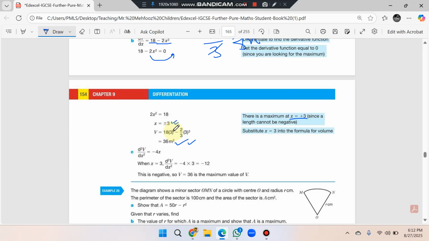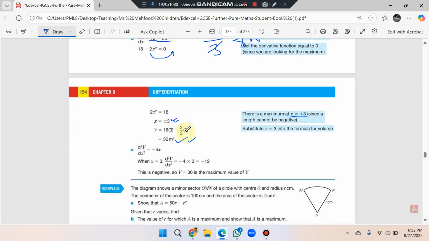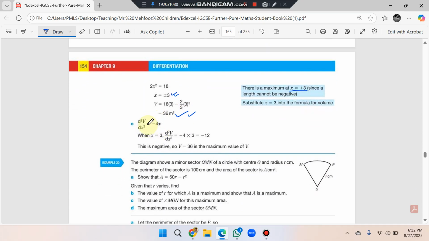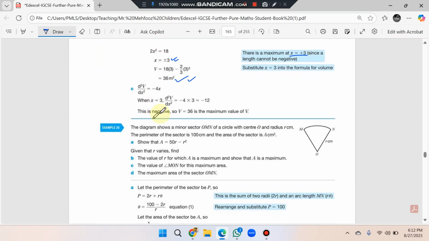Okay, now part C is that we have to justify that the V we have found is a maximum value, so we also take the double derivative. So the double derivative of this one, 18 has the derivative 0, and minus 2x square has the derivative minus 4x, and again we put the value of x into this term, so it will become